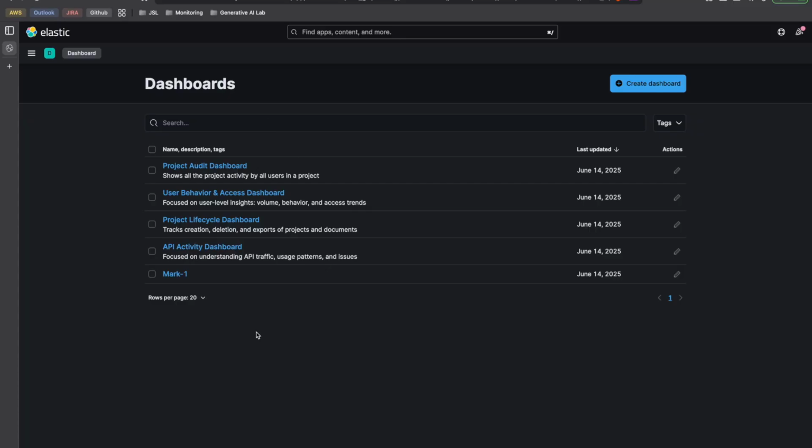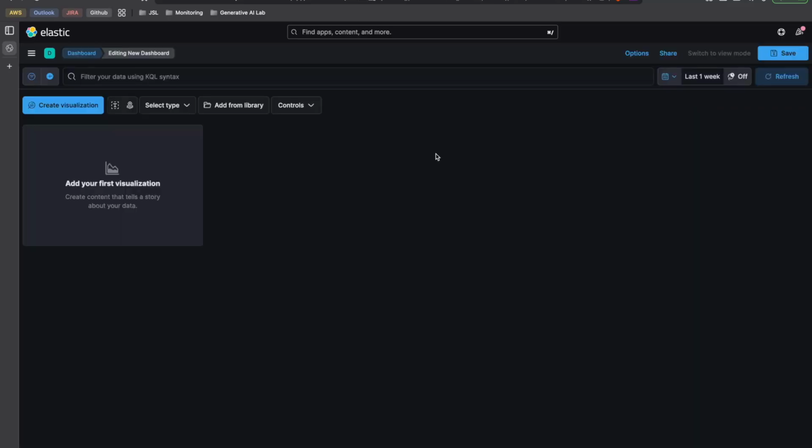So this is the landing page, and as you can see, I already have a bunch of dashboards created, but let's create a new one. On the top right, you can see the Create Dashboard button here. Once you click on it, you'll be navigated to this page. So here we need to select the visualization first, and when you click on the Select Type drop down, we'll